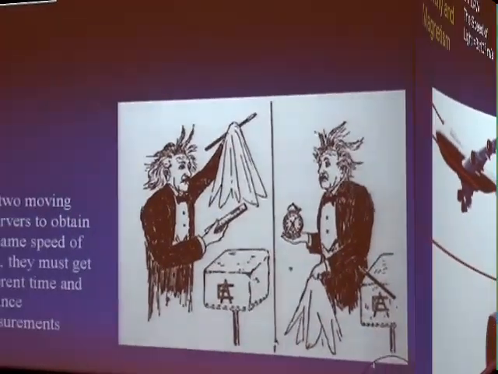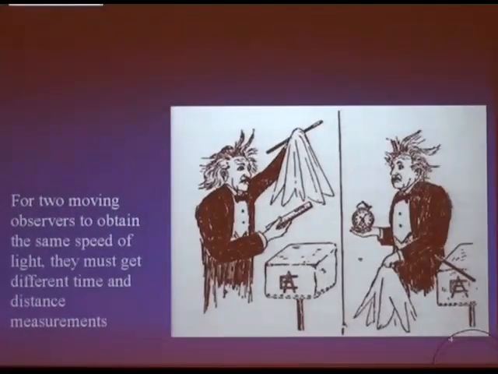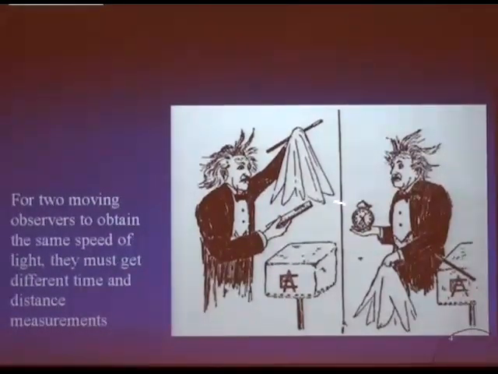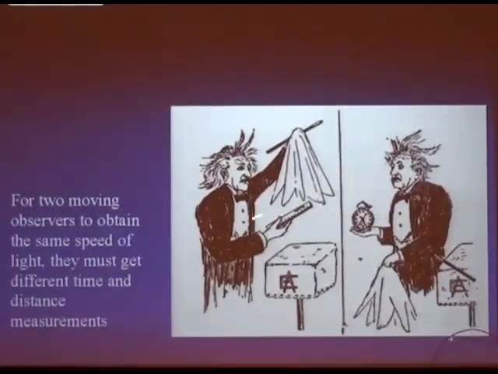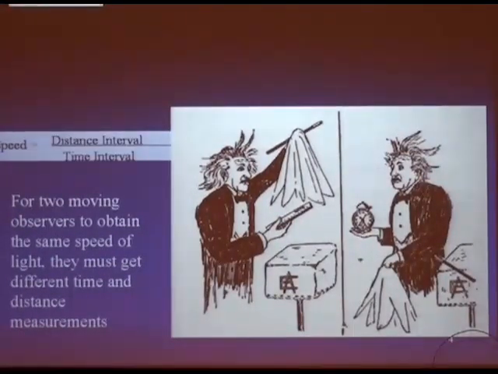So we get that because the speed of light, this number, is a law of electricity and magnetism. Now what Einstein did, and now this is the introduction to Einstein, what Einstein did was he said, in order for two moving observers to obtain the same speed of light, they must use different time and distance measurements. The clocks of moving observers are different from the clocks of stationary observers, and the rulers of moving observers are also different. Now it's not just that the ruler contracts, okay? It's just that space itself changes. And it's not that the clock mechanism changes, it's the notion of time itself that changes, okay? So it's the fundamental aspect of time.